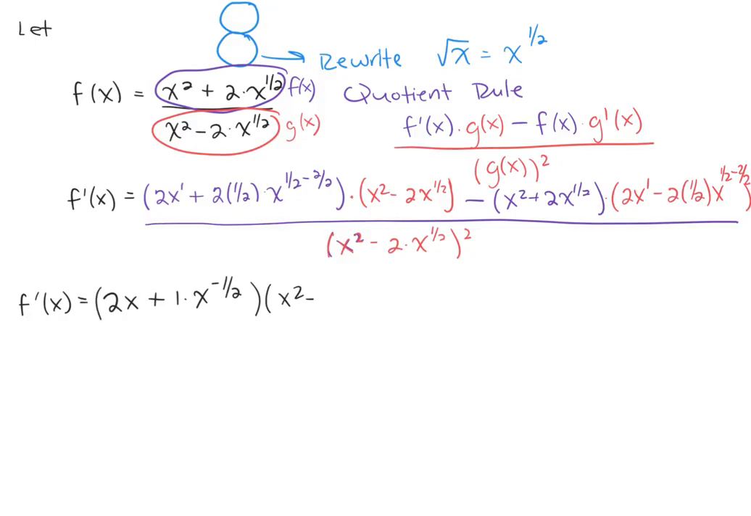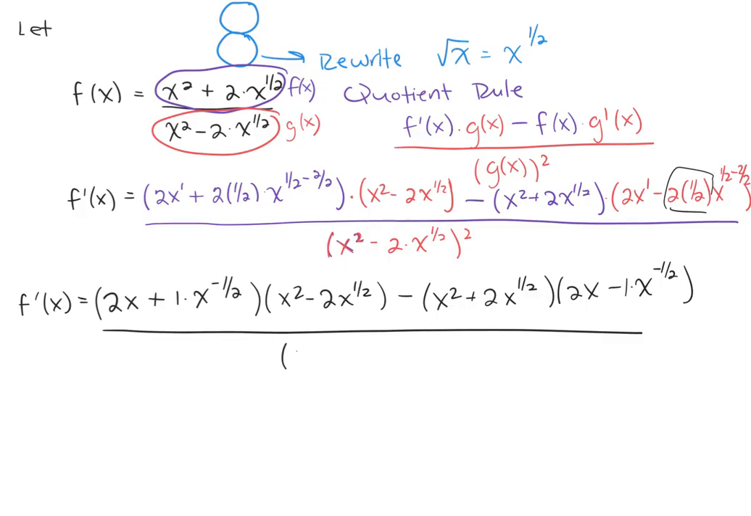Times x squared minus 2x to the 1/2, minus x squared plus 2x to the 1/2 times 2x minus, so here that's 2 times 1/2, which is 1. So then that's 1 times x to the negative 1/2, all over x squared minus 2 times x to the 1/2, squared. Okay. All right, and then the only thing I'm going to do now is go back